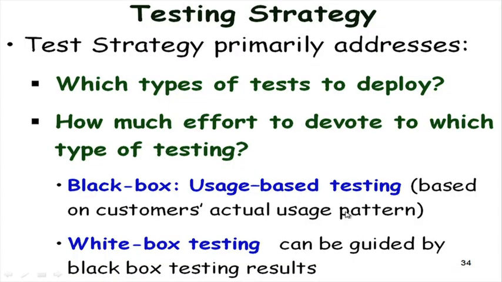is one thing to be considered while doing the test planning. And then the white box testing, which is carried out after the black box testing, we might get guided by the black box testing result. So, what do we mean by guided by black box testing result? During black box testing, we might find out the specific components of the software which have bugs, the specific types of features, and then in white box testing we might spend more time testing those features which were showing bugs,